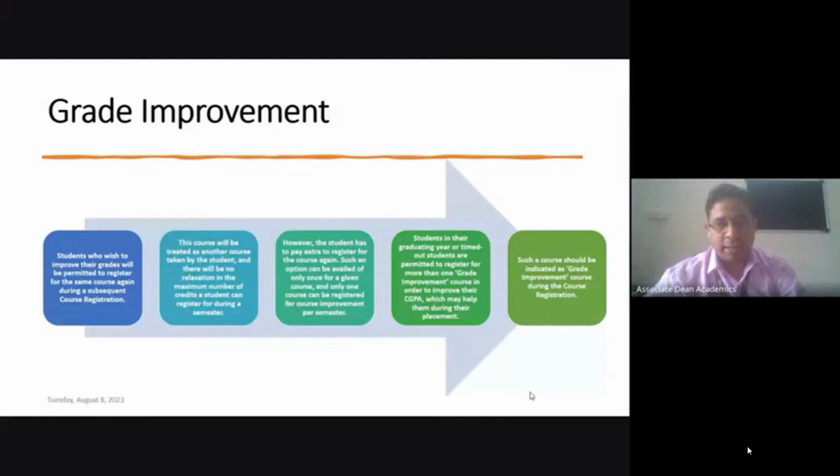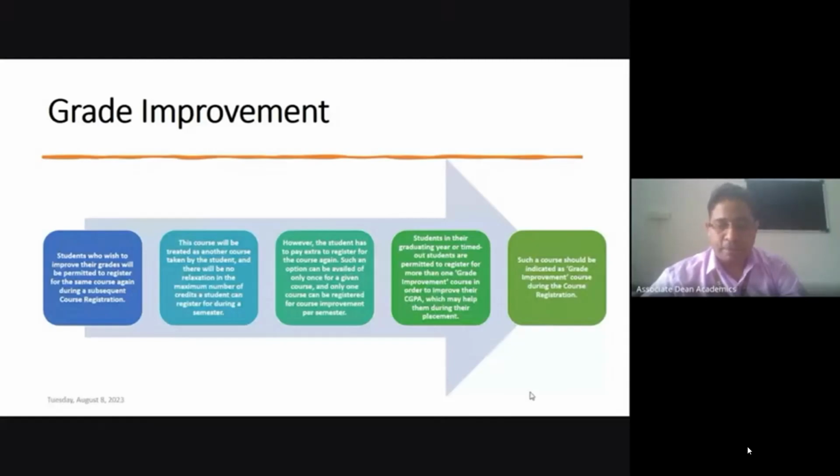Once you register any course for grade improvement purpose, your previous grades will automatically be removed from our record, and whatever grade you score after the second-time completion of that course will be your final grade. If your second-time grade is better than the previous grade, obviously it will be considered.